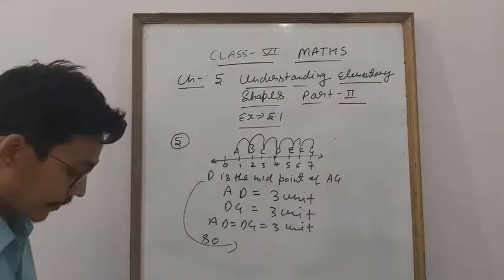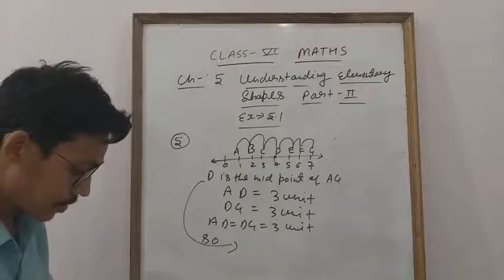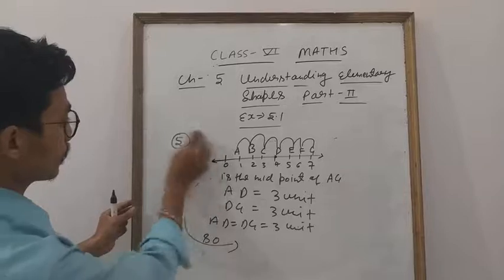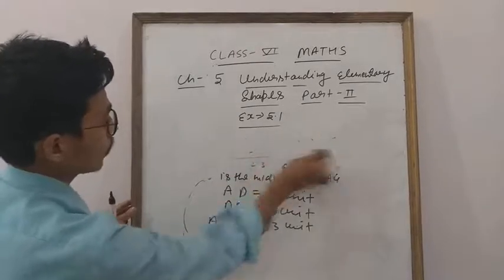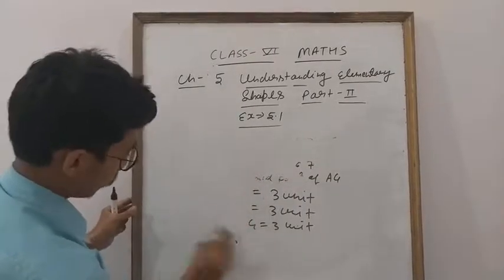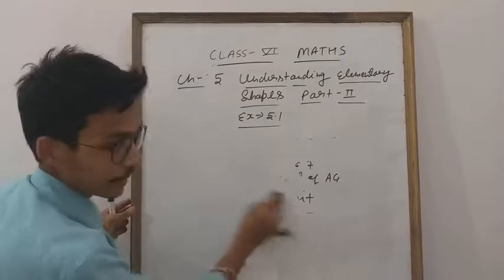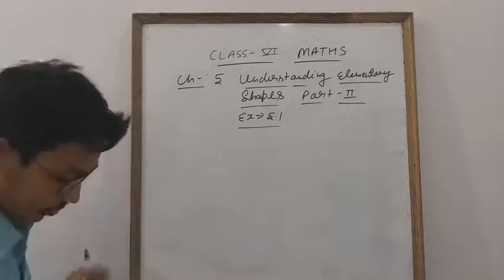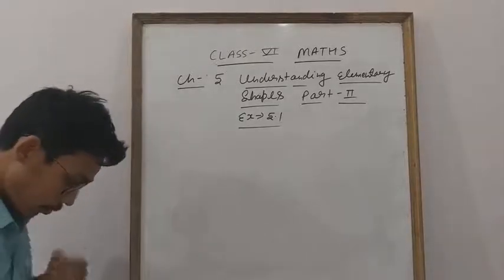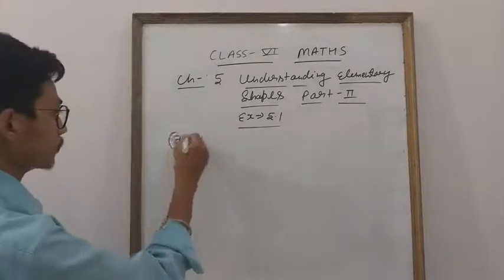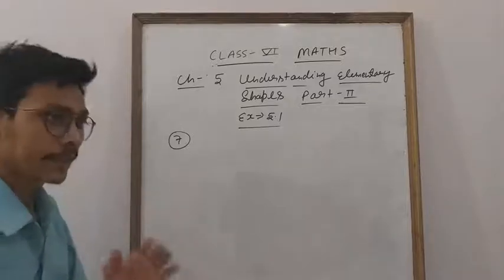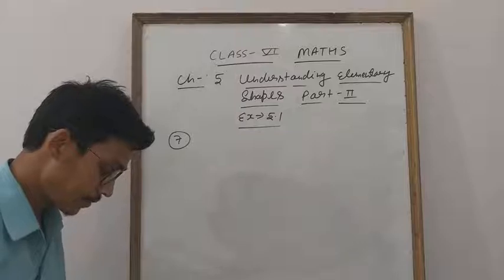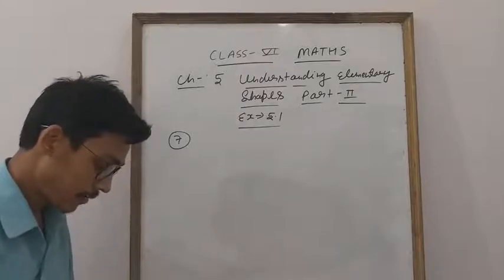Now, draw 5 triangles and measure their sides, checking in each case if the sum of the lengths of any two sides is always less than the third side. Okay everyone. Let us see what is given in your book and what we will find out. One I will explain, I will give one example, and next you will do yourself. 6 questions you will try yourself based on midpoint. Okay everyone. Now come to question number 7. It is given: draw 5 triangles, check in each case if the sum of the lengths of any two sides is always less than the third side.